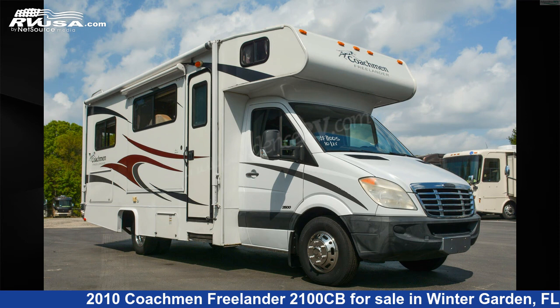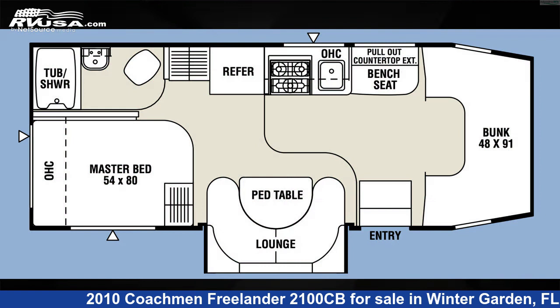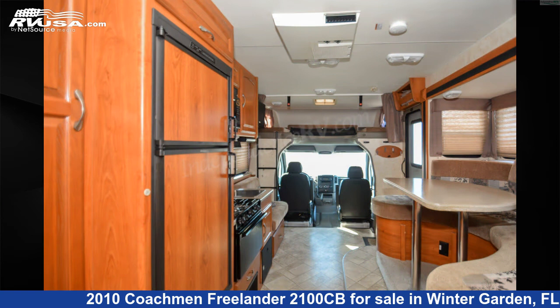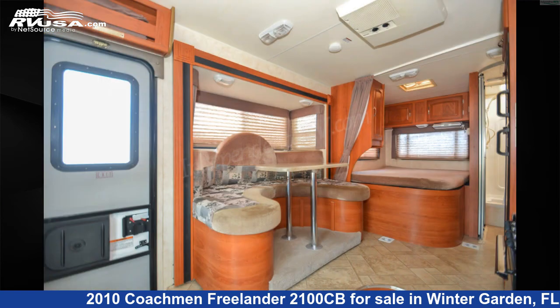This 2010 Coachmen Freelander 2100 CB is a Class C RV. It is located in Winter Garden, Florida, 34787 and is offered for sale by Independence RV Sales. This used Coachmen is 23 feet 3 inches in length and features one slideout, Alumina Grey decor, Brazilian Cherry cabinetry